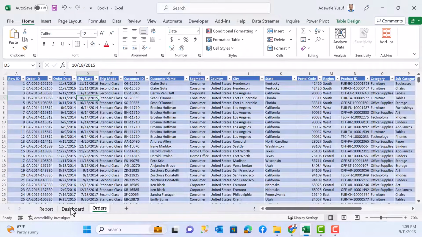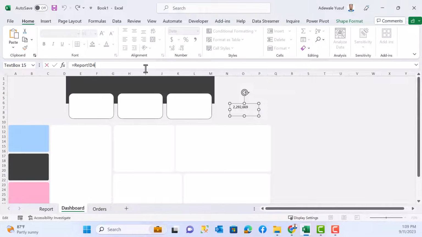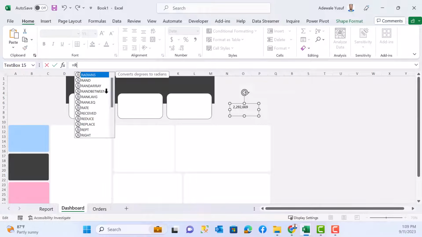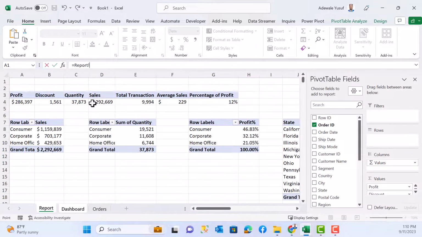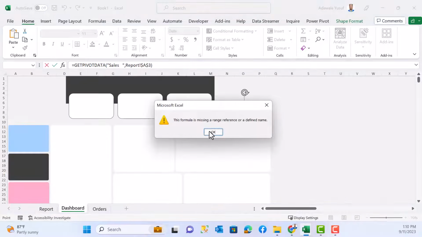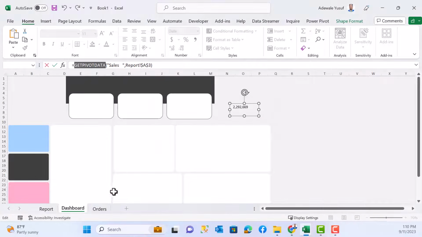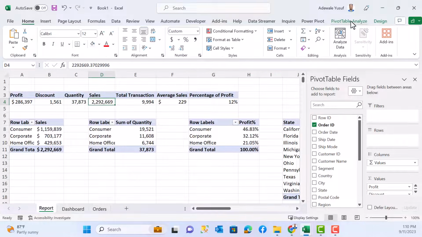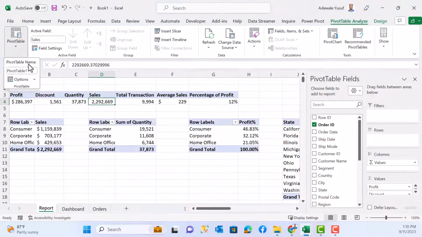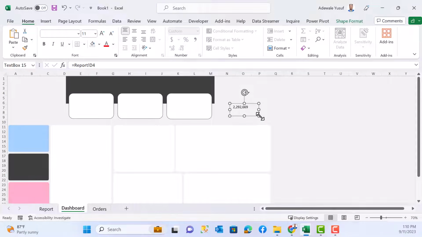And I can do an example with that again. So let me go to equals to again. I'm going to go to equals to report and select sales. Immediately I do this, can you see get pivot data? So it's going to be an error. So to get rid of that, the best thing to do is to go back to pivot table analyze, come to the drop down here, select options and untick this so that this is not ticked. Once you get rid of that, then it will be easy for you to link all your